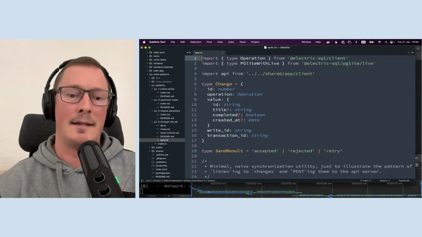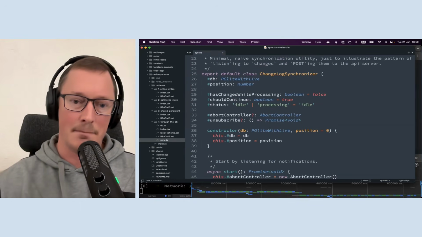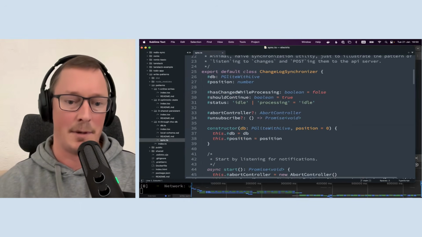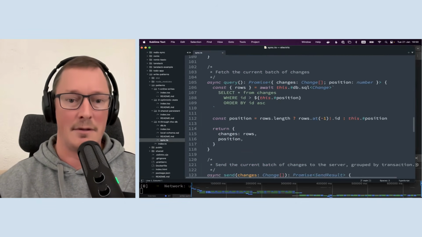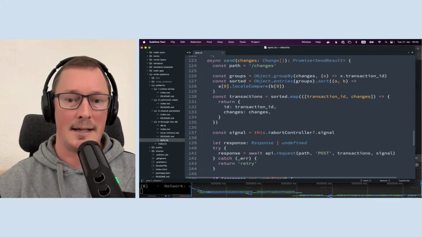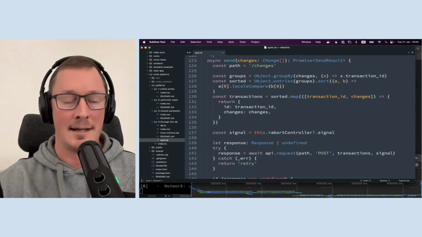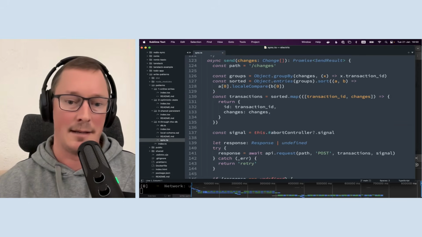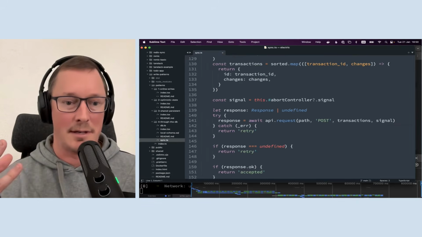Again, there's just one little extra bit, which is a little utility here that monitors a change feed table and posts changes to an endpoint. There's a little bit of control flow logic to monitor this table, and then we batch up changes and send them through as an array of transactions to the backend. You're then just going, okay, I've got a batch of transactions.